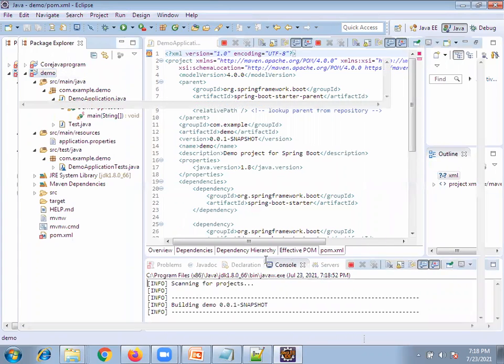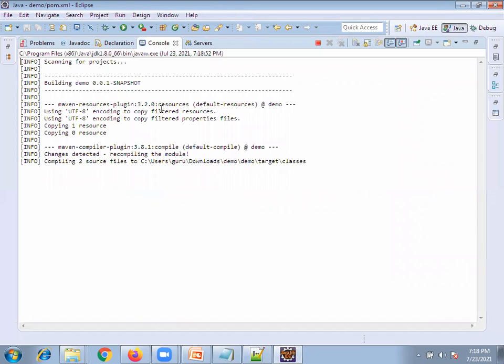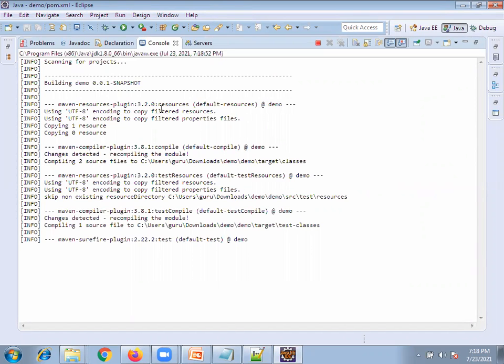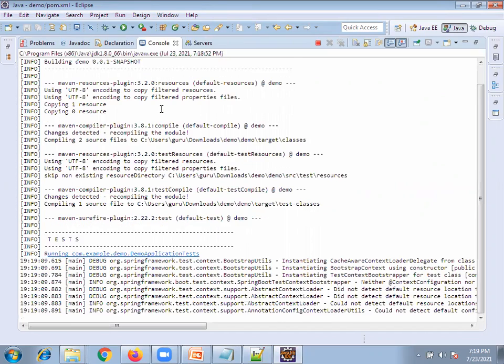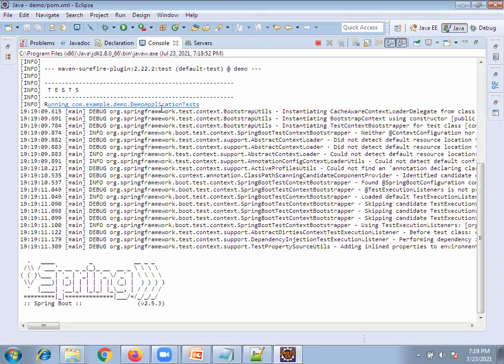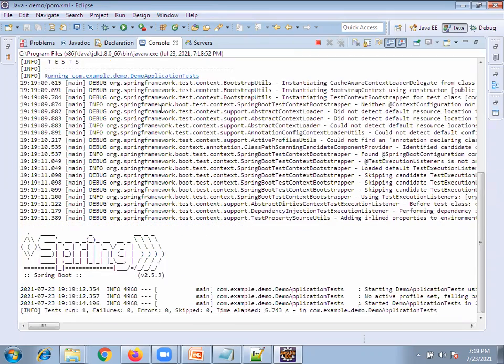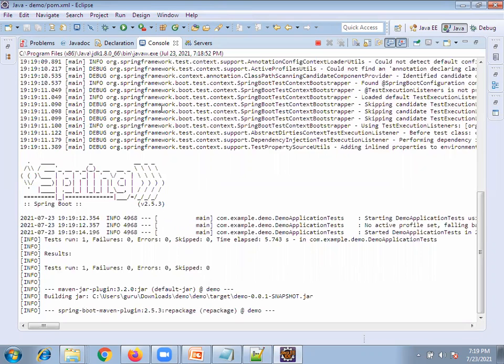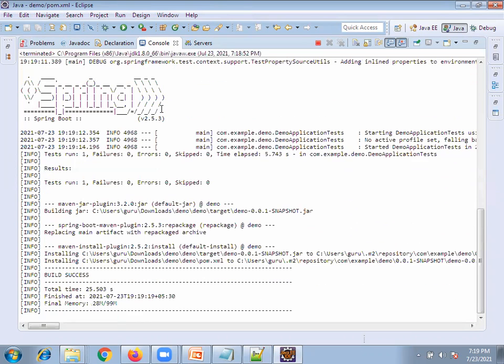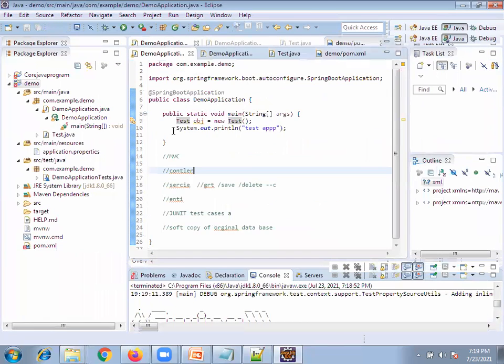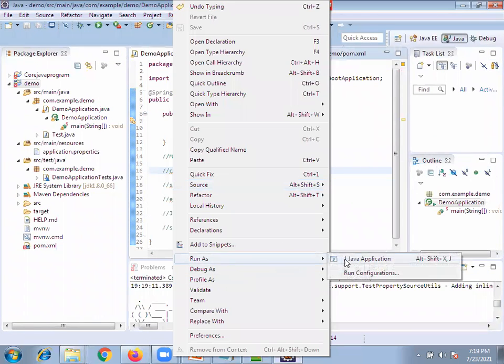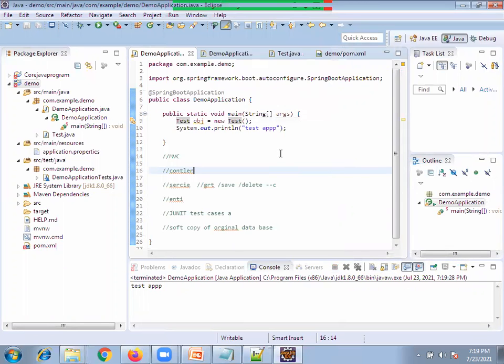Now you can see it is running. Now what is the difference between here and there? What is a dev tool exactly doing? Now you can see. Once the build is done, earlier we started manually. Did you get what I'm saying? Now you can see what is going on. Did I start it? No. What is it doing? It is already taking care. Now come here, right click, run as. It is already verifying. See, now you can see the test here.